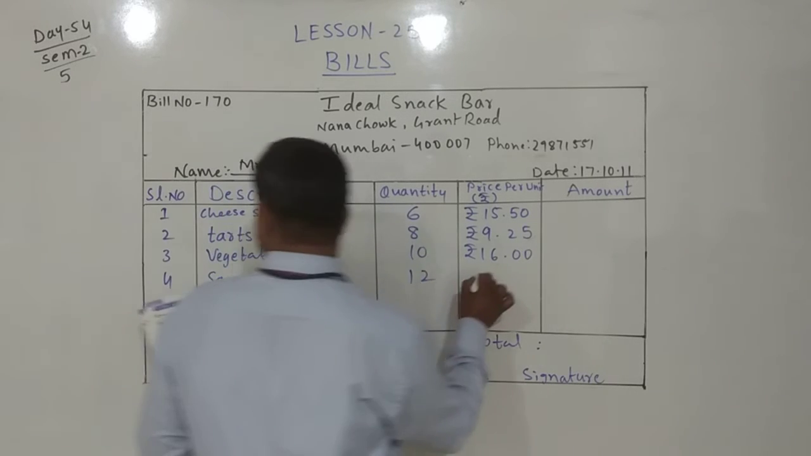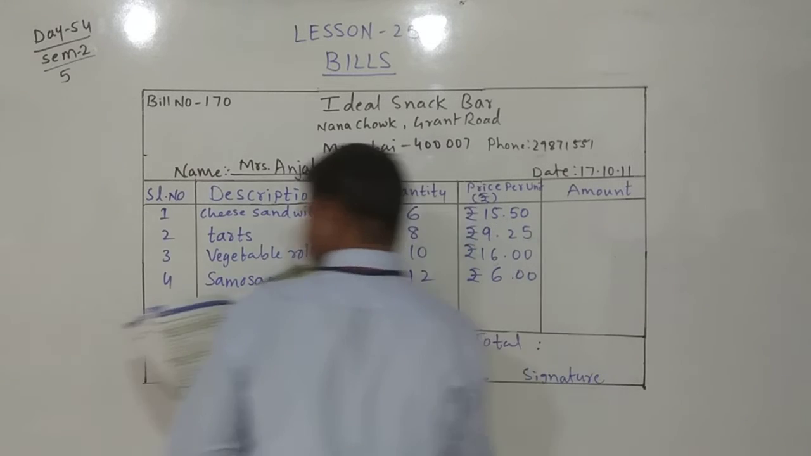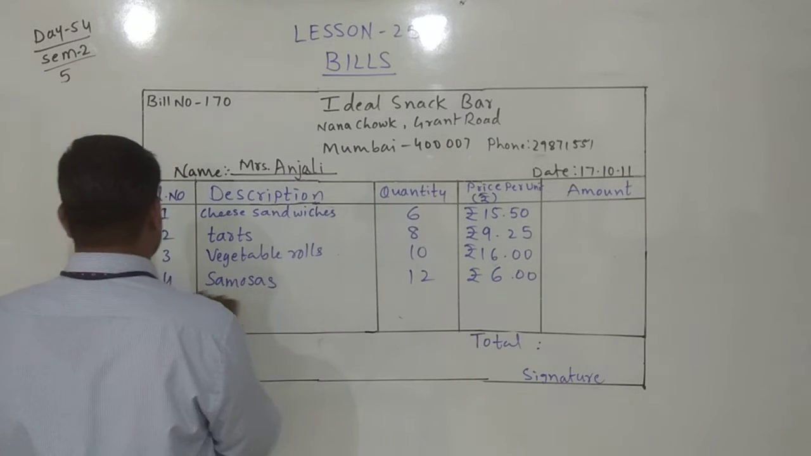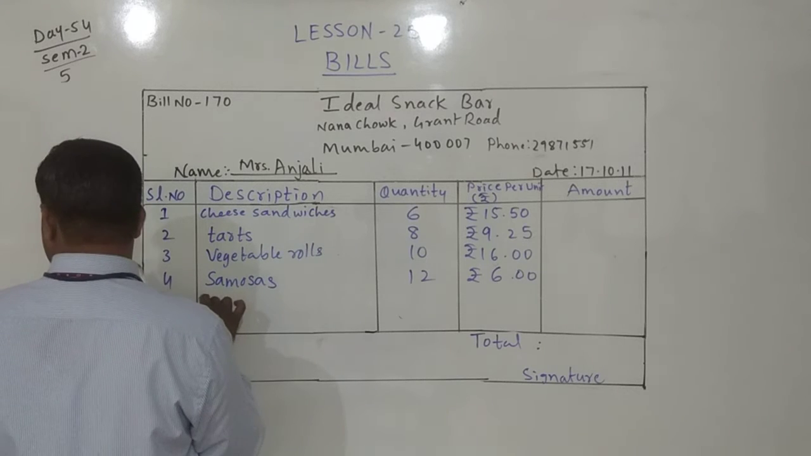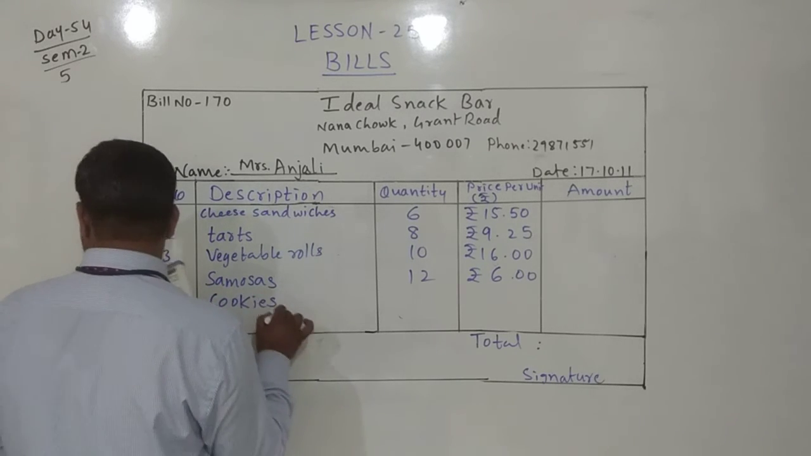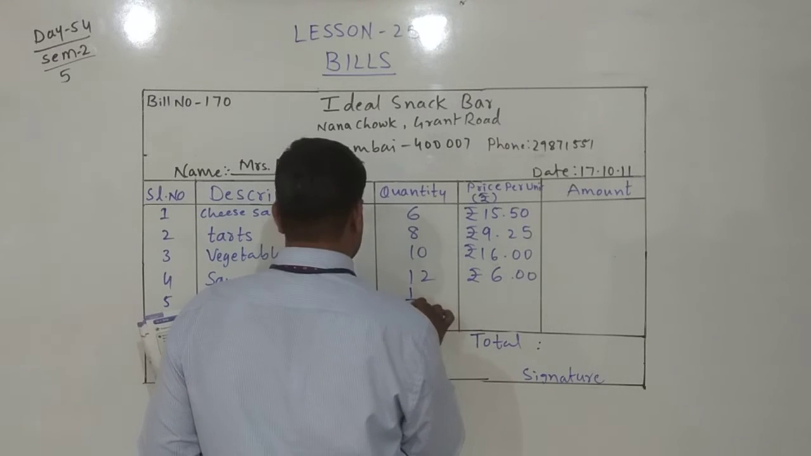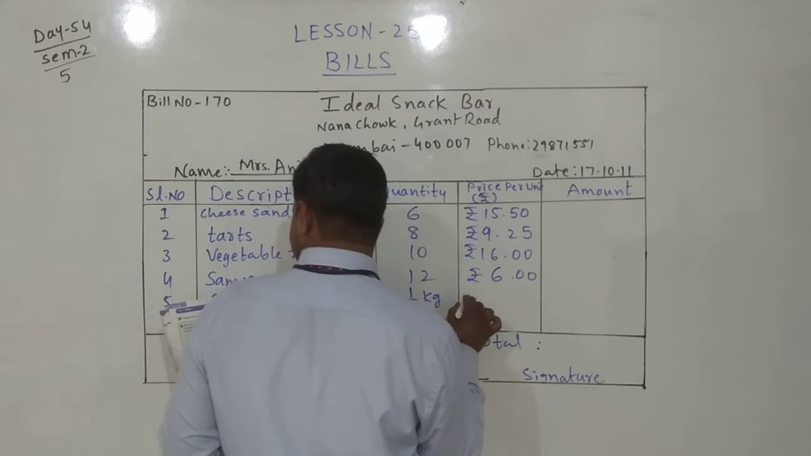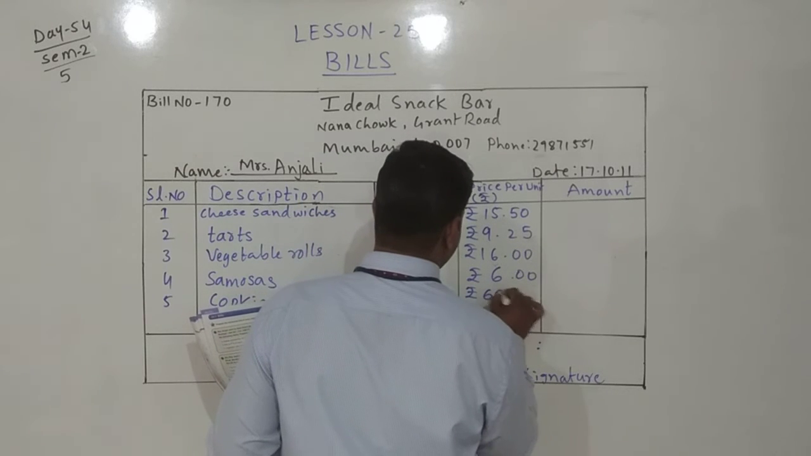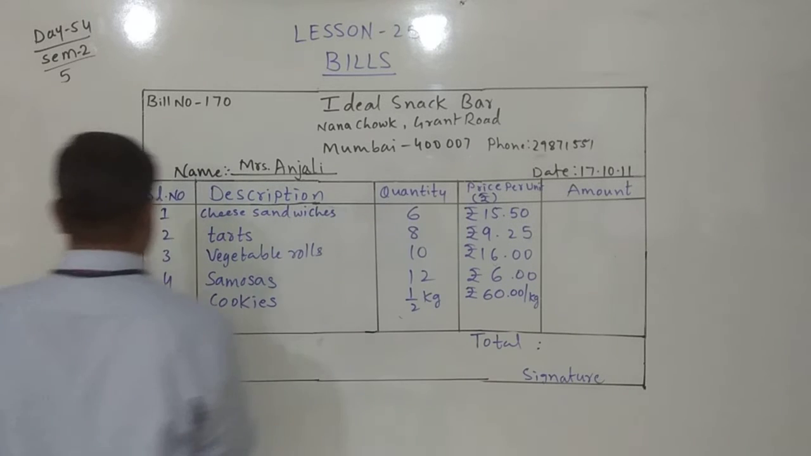Yes, 12. Each costs 6 rupees. 6.00, or we can write just 6. Yes, next is the fifth one, that is cookies. How much did she purchase? Half kg, which means 1 kg, the rate is 60 rupees per kg. Then the last one she purchased